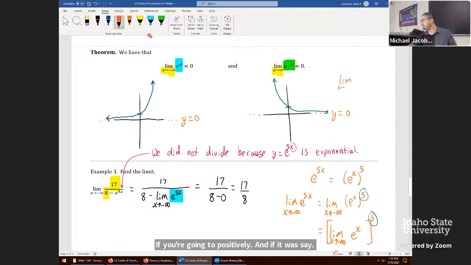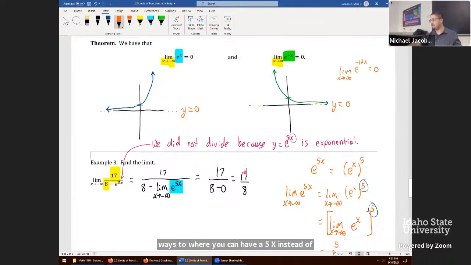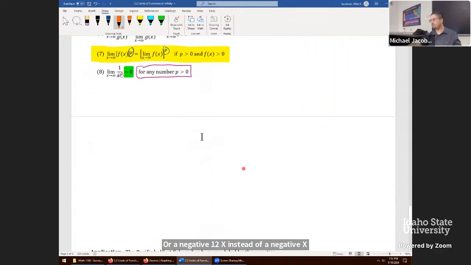limit as x goes to infinity of e to the negative 12x, by our work that we did down here, there's no change. You're still going to get a 0. It's the fact that there's a negative that you're getting a 0 altogether, not as much the coefficient, in other words. So that's the formulas here. They extend in these weird ways to where you can have a 5x instead of an e to the x, or a negative 12x instead of a negative x here. Now we can put all that together for